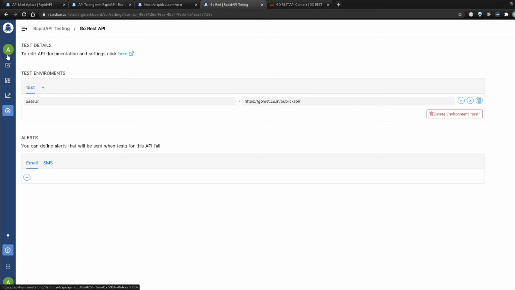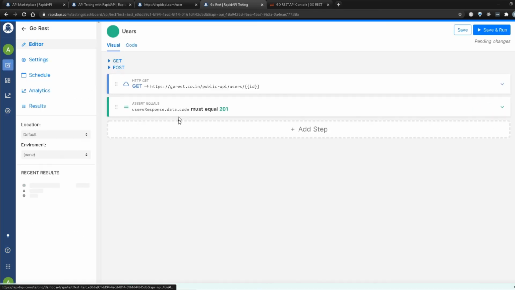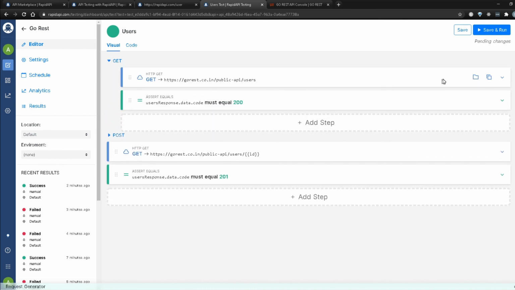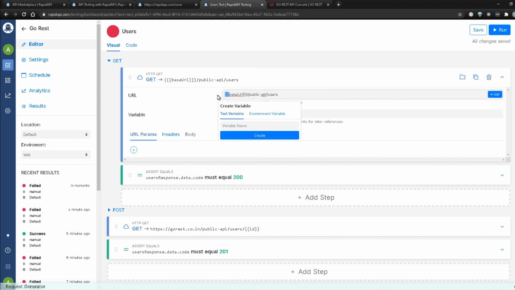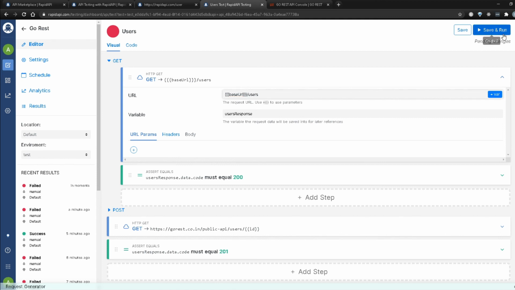So if I go back to my test, I click on users, I can change this. And over here, I can just use base URL. Okay, so if you notice this time I added these 3 squiggly brackets. And the reason for that is since we're using special characters in our base URL, we want to pass in 3 squiggly brackets so that it knows we're using special characters. And also in my environment, I made sure that I'm picking test over here. And what I'm going to do is remove this public API as we don't need this anymore. And then let's run our test to see if this works.